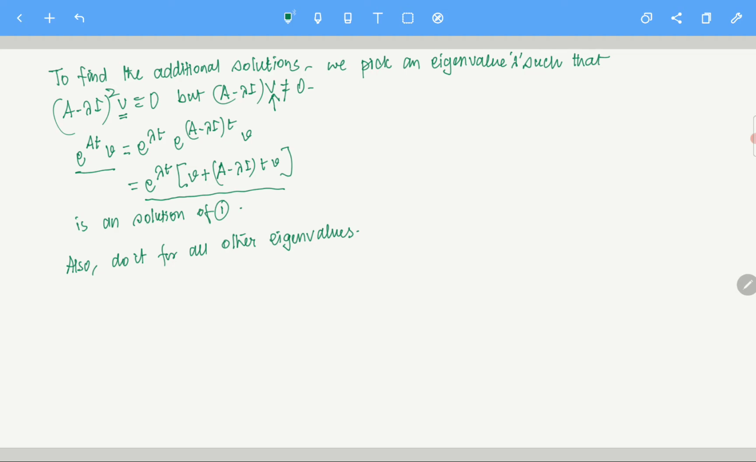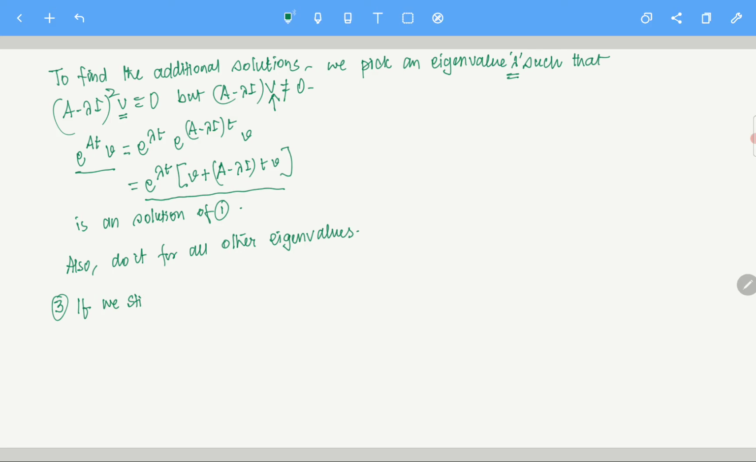Now you do it for all eigenvalues. This is for a fixed eigenvalue lambda. You have some eigenvalues like this. Do it for all those eigenvalues and find all possible solutions like this. Now, if you have all n linearly independent solutions, you can just take the linear combination, find the general solution, and you are done. If you still do not have enough, so case 3,